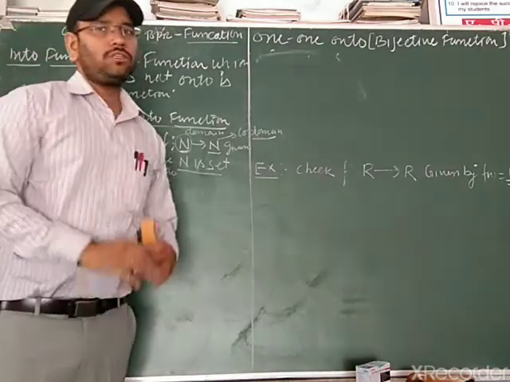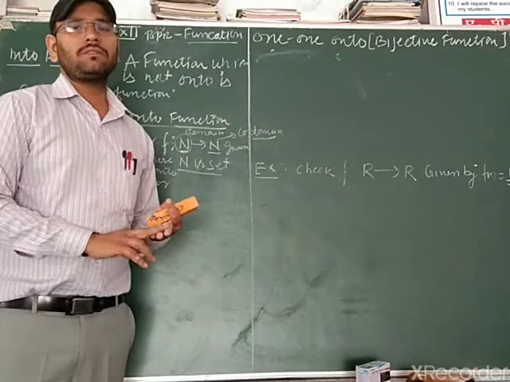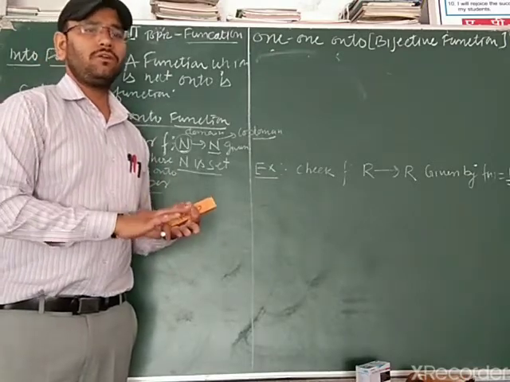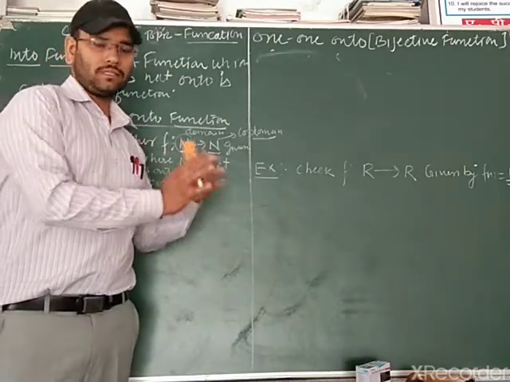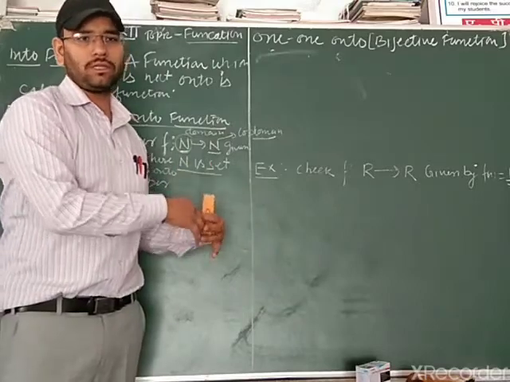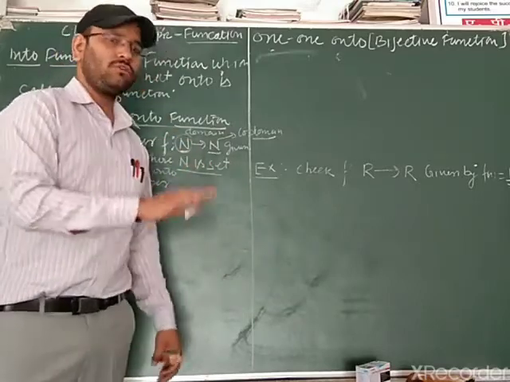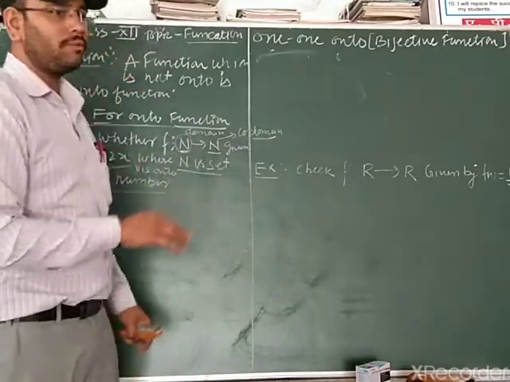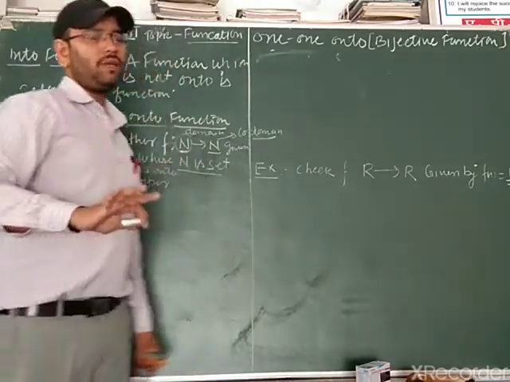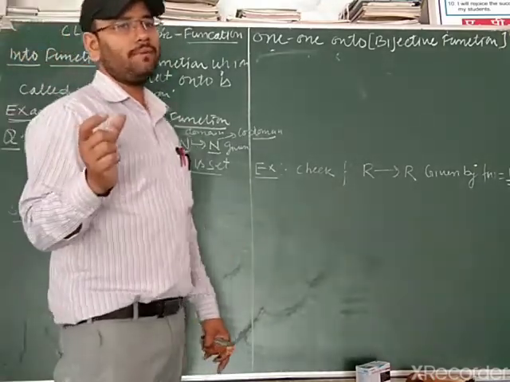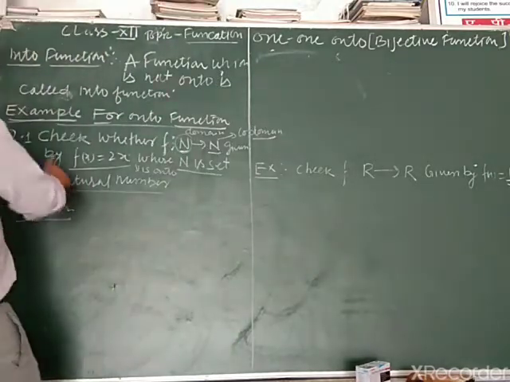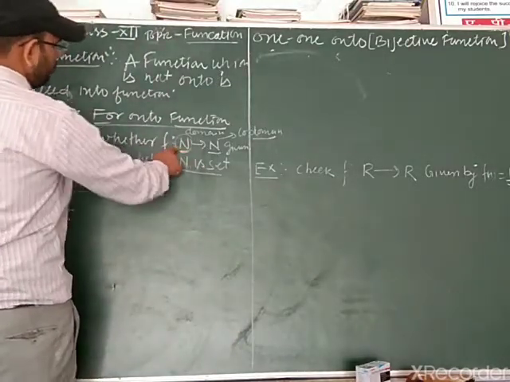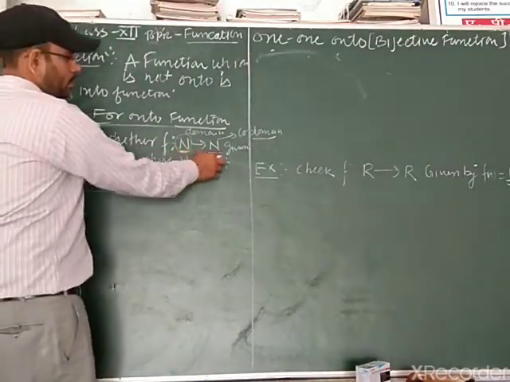A function which is not onto is called an into function, meaning all the functions which do not have the characteristics of onto are called into functions. Clear? We have discussed onto function in my previous video. Today we are going to discuss one example of an into function. So check whether this function f is